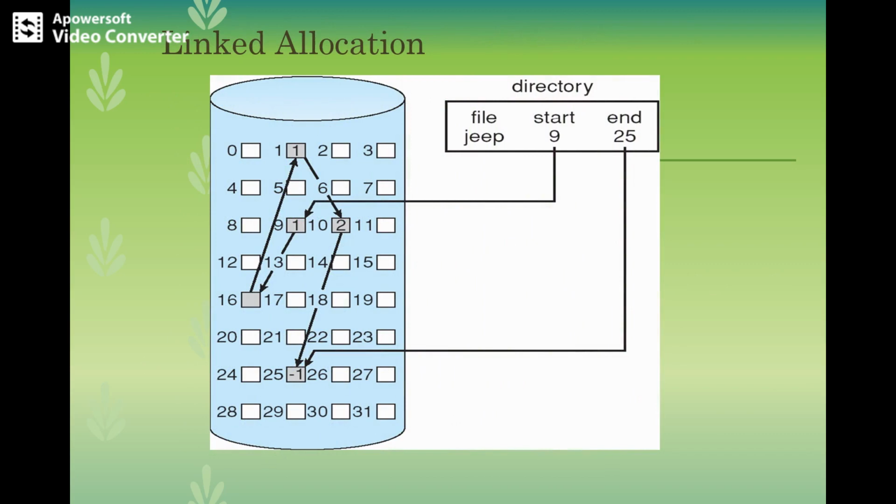So you can see this kind of linked allocation method, but here there are drawbacks. That is, space is required to store all these pointers, it cannot support direct access, and files can be accessed only sequentially. You can observe the start of the file is said to be 9, and there are pointers from 9 to 16, then 1, 10 to 25. So 25 represents the end of the file, represented by -1 in the entry or in the disk.